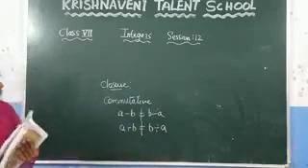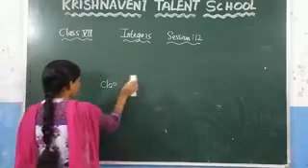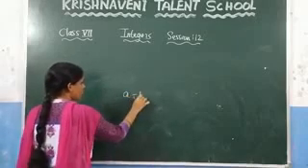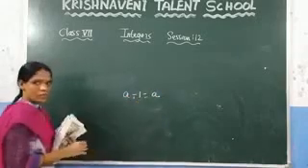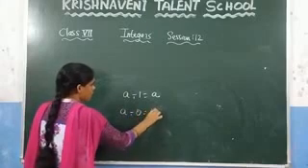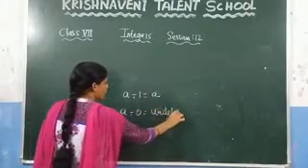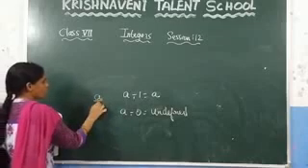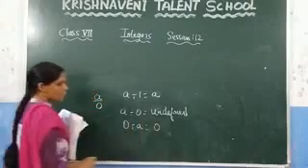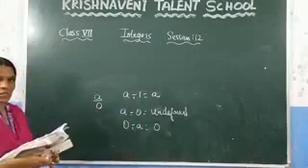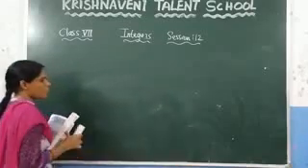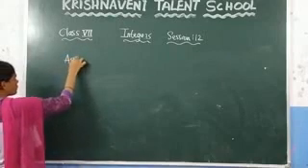We discussed one more, which is division by 1. If you consider any integer, then a divided by 1 is always equal to a. We also discussed division by 0. Anything divided by 0 is undefined. That means if the denominator is 0, we cannot define that value, and we proved 0 divided by a is 0. After that, we discussed in the last session. Now one more property which we are going to discuss is the associative property.